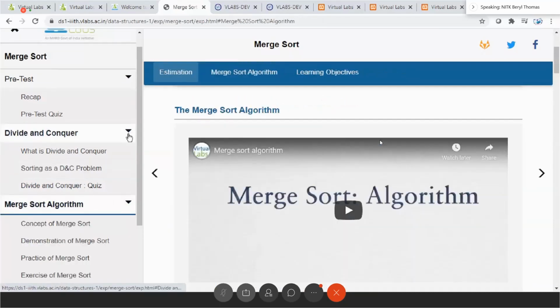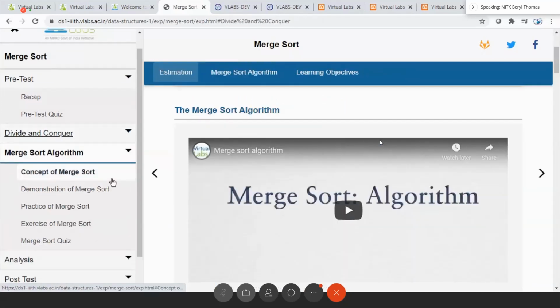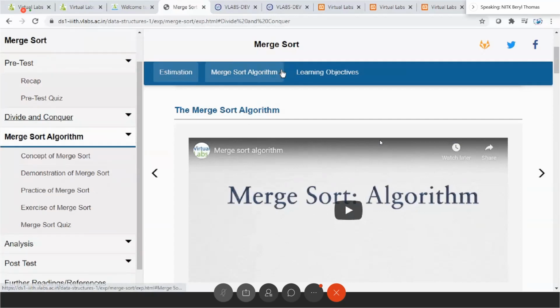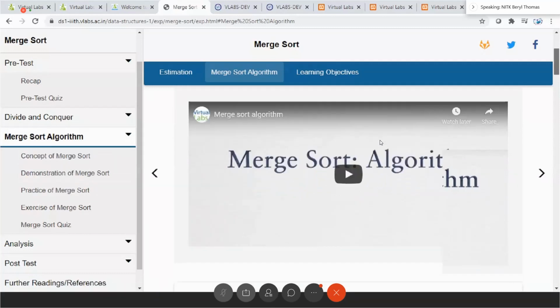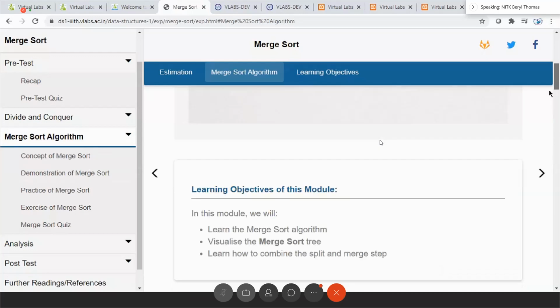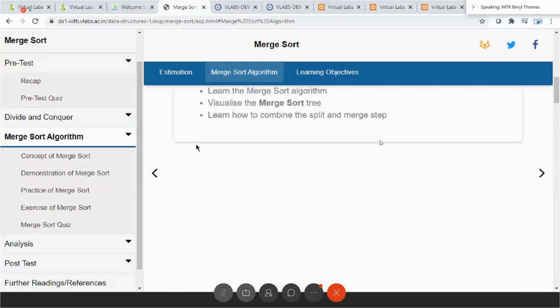Then after this chapter we go into the sort algorithm. The algorithm itself, again, is explained with the help of videos as well as other images which give the students a clear understanding of what merge sort is